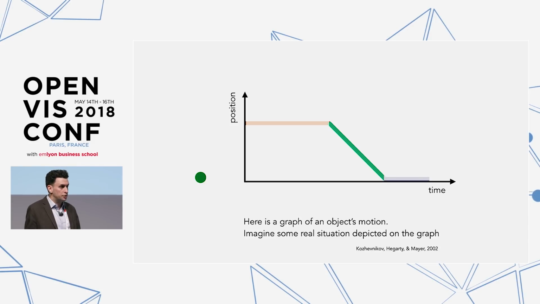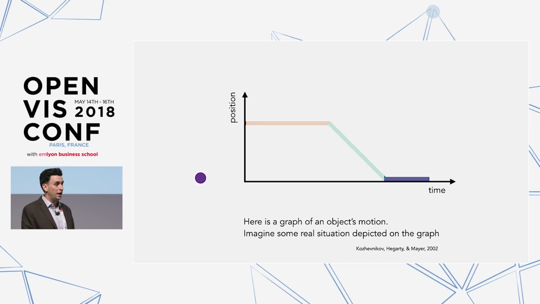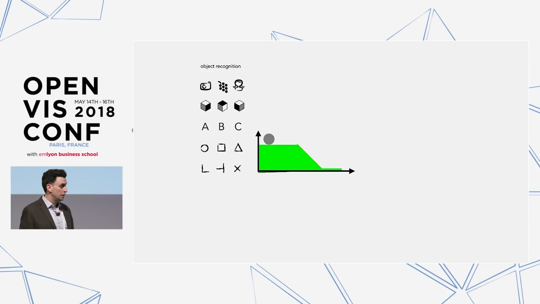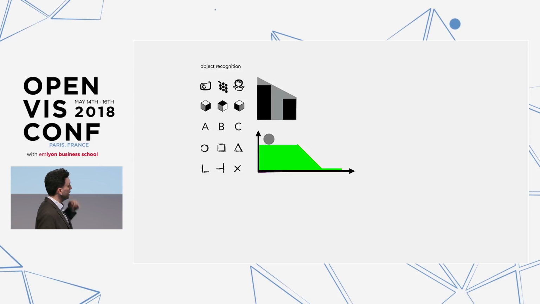We actually don't know what direction. And then at the end, in the blue section, you have an object that's not moving, but time is passing. So there's an object, it's still, it's at rest, it moves, and then it's at rest again. Really different interpretation from the one that your object system gave you as a knee-jerk reaction. So that's a way of using object recognition to analyze data with your eyes. So you can imagine looking at this and saying it looks like some sort of a little house with a slopey roof. We're not sure how far that's going to get you yet, so let's move on to the next